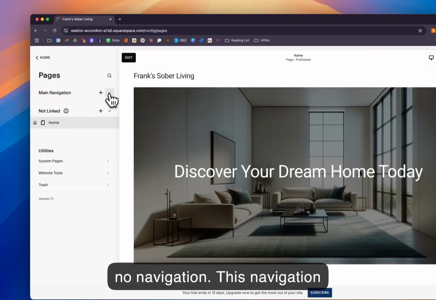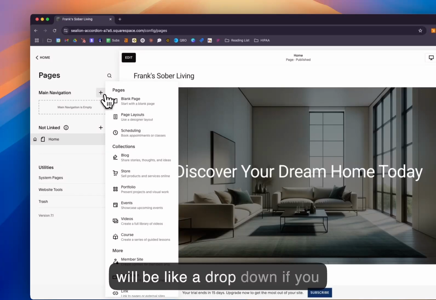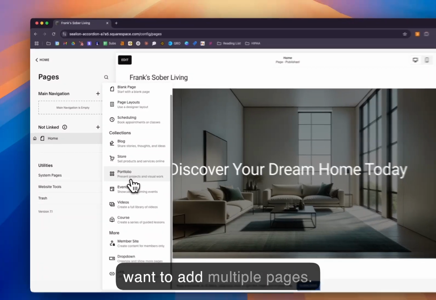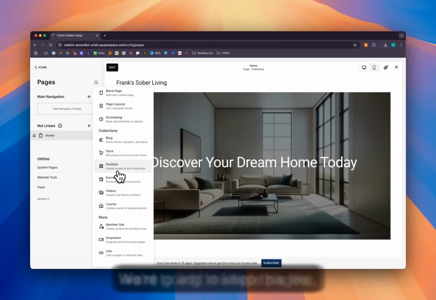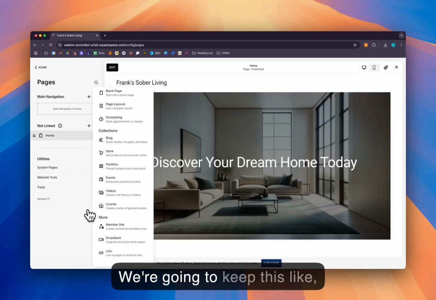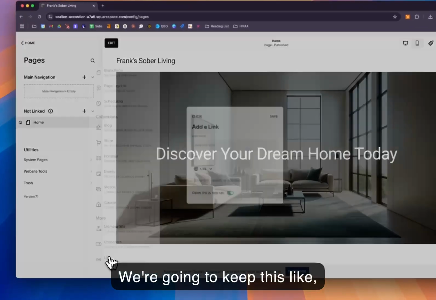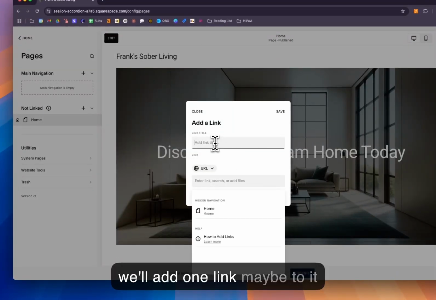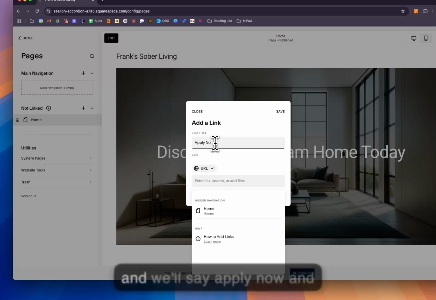This navigation will be like a drop down if you want to add multiple pages. We're gonna keep this like, we'll add one link maybe to it, and we'll say apply now,